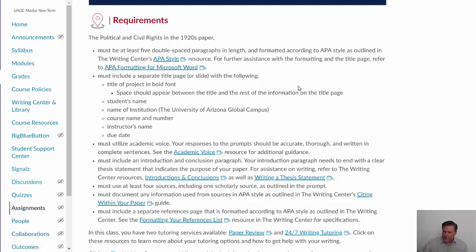As always, if you have specific questions about this assignment, the best practice is to reach out to your instructor early in the learning week so that they have an opportunity to help you out prior to the